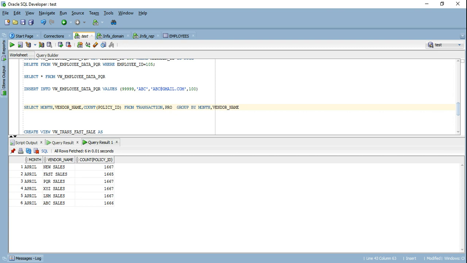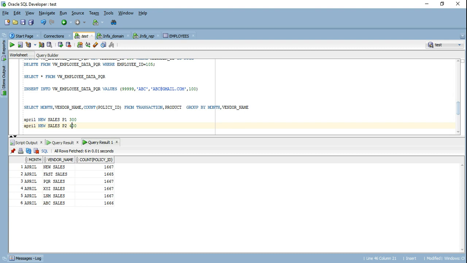He wants to go a little further, and see that in a particular month which vendor sold which product how many times. So in April, vendor New Sales sold product P1 300 times, product P2 400 times. This is what he wants to see.